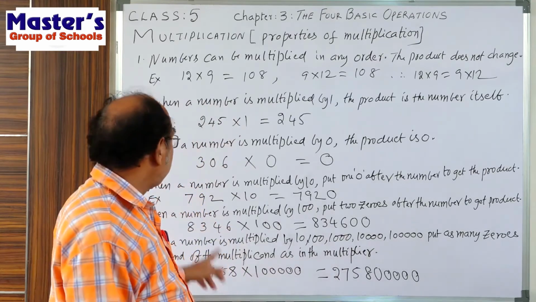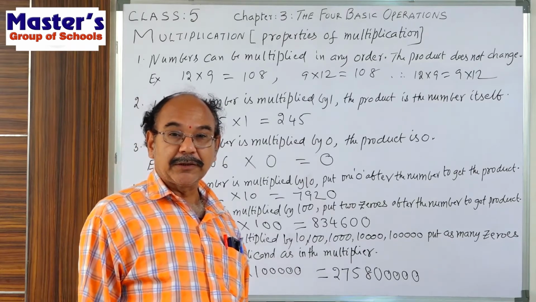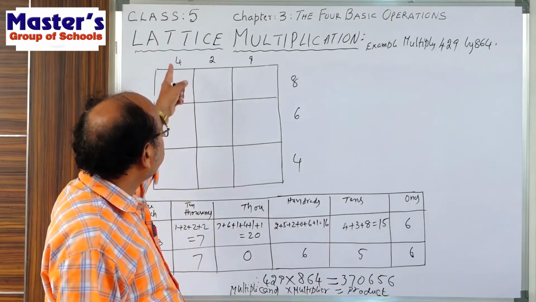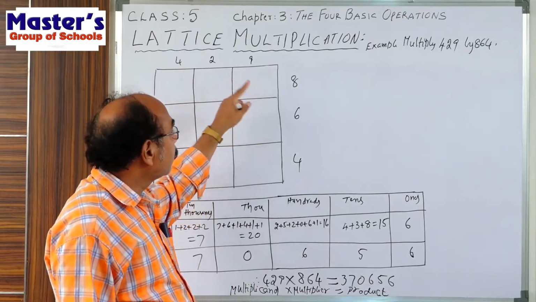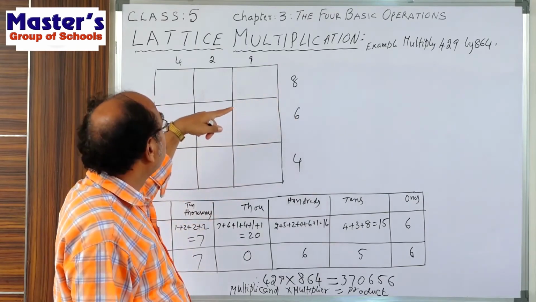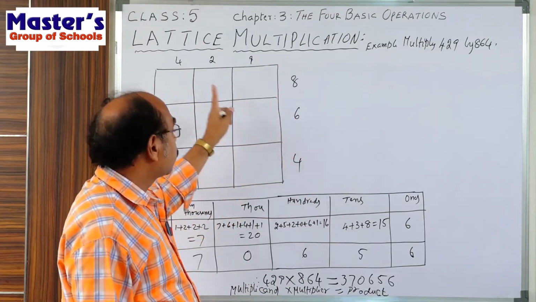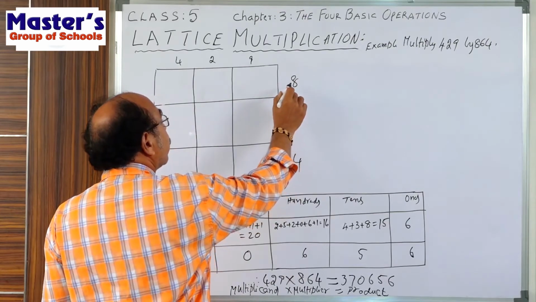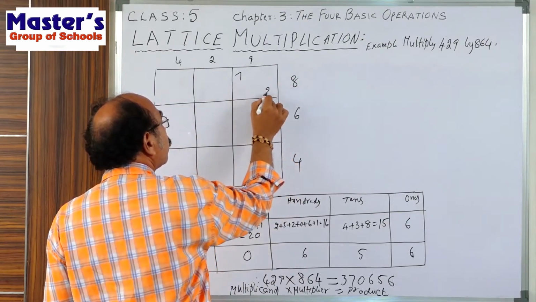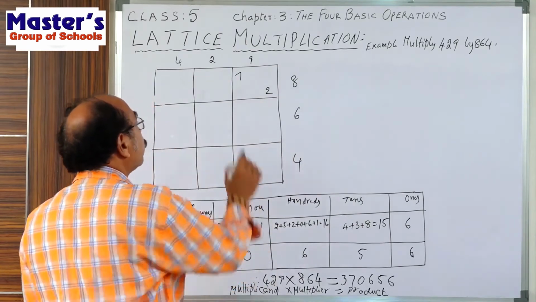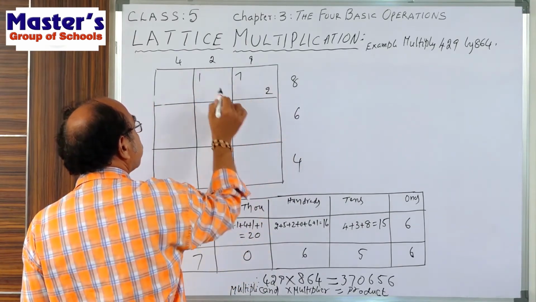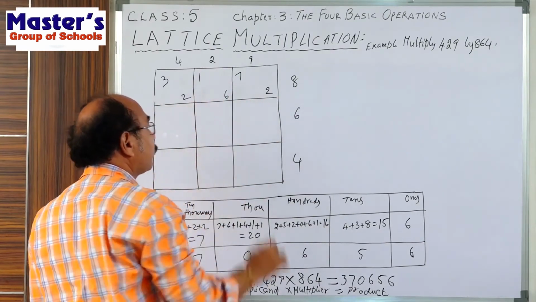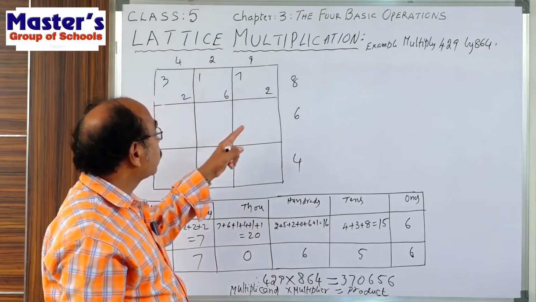Okay, children, you understood all these properties. 6 properties I explained by giving the examples. Here, multiply all the digits of the first number with 8. Next, multiply with 6. And next, multiply with 4. So, first of all, with 8 we are multiplying. 9 8s are 72. 2, write it. 2 8s are 16. 4 8s are 32.